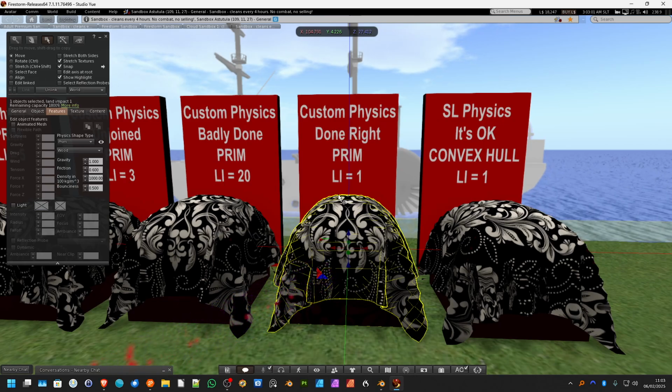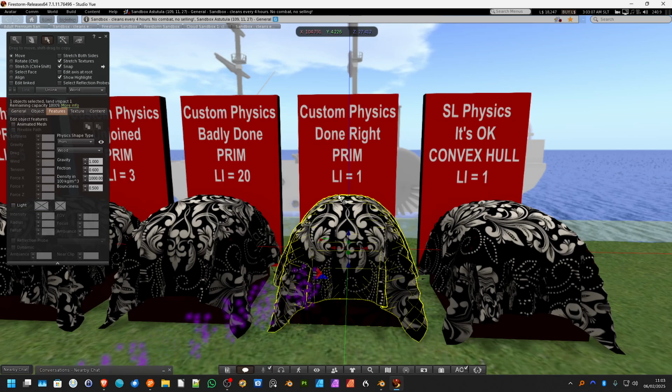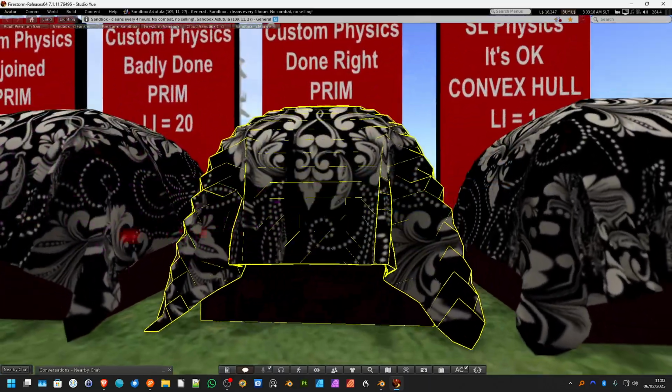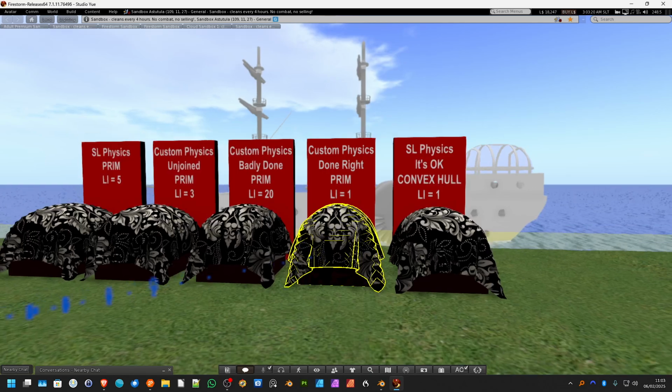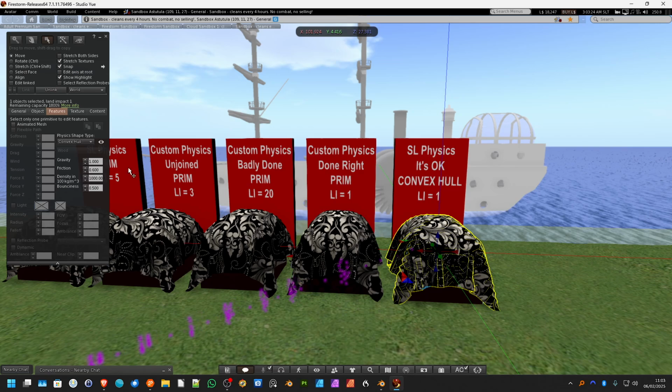Now I've seen some seriously heavy duty mesh, right? And you think, well, how on earth are they getting that to 1 land impact? And this is how they're doing it, right? And then you've got Second Life's physics, which